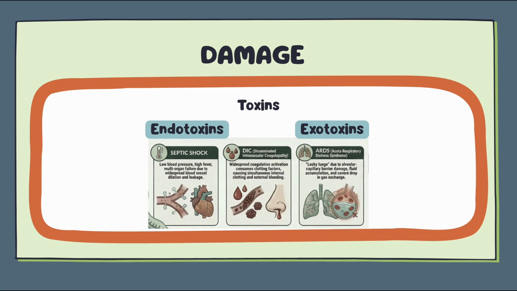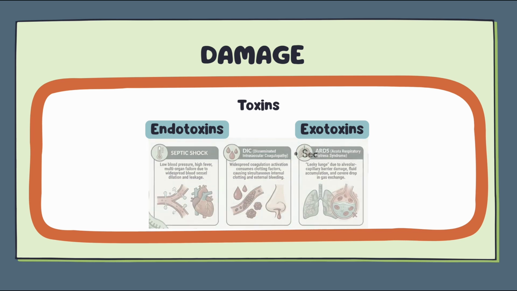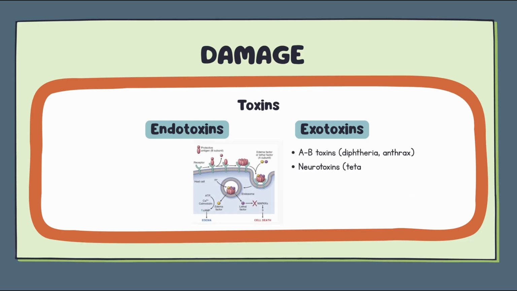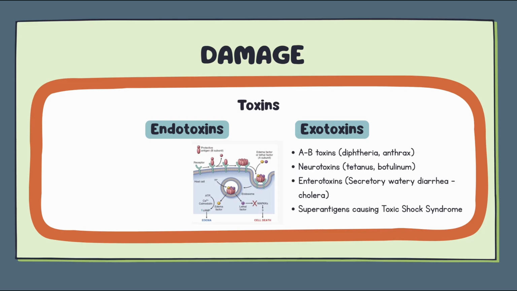Moving on to exotoxins. Exotoxins are secreted proteins produced by bacteria. So they are proteins that the bacteria secretes. They can be produced by both gram-positive and gram-negative bacteria. There are several types of exotoxins. A couple of them include AB toxins, such as those that are produced by